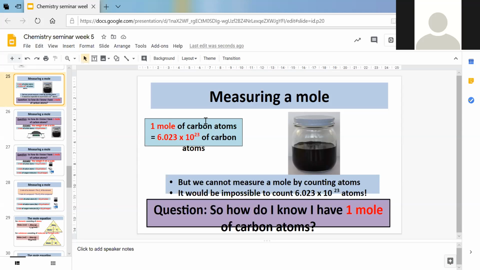We can't guesstimate. We can't look at it. We can't hope for the best. But what we can do is weigh it. So how do I know I have 1 mole of carbon atoms? And I hope you've got a periodic table there. And I'll give you 30 seconds to a minute to find the atomic mass unit